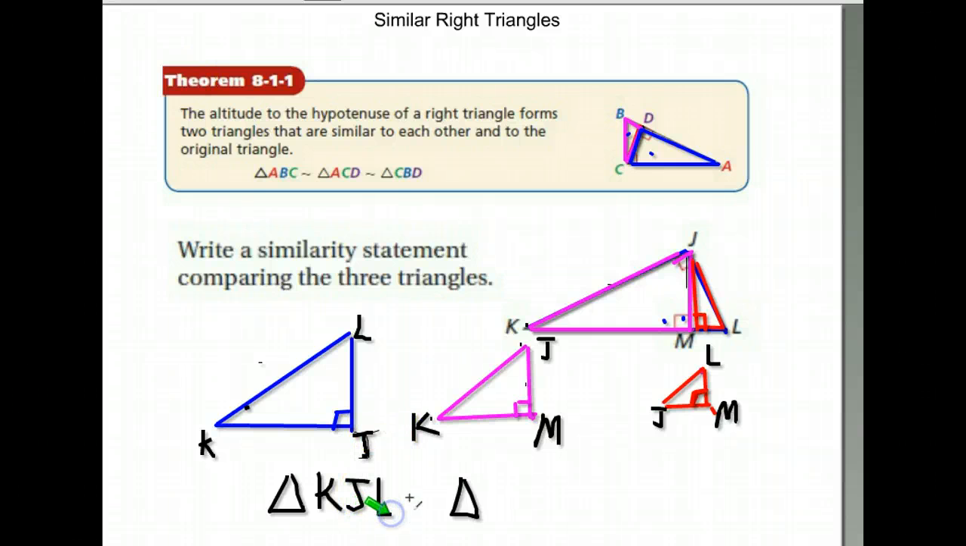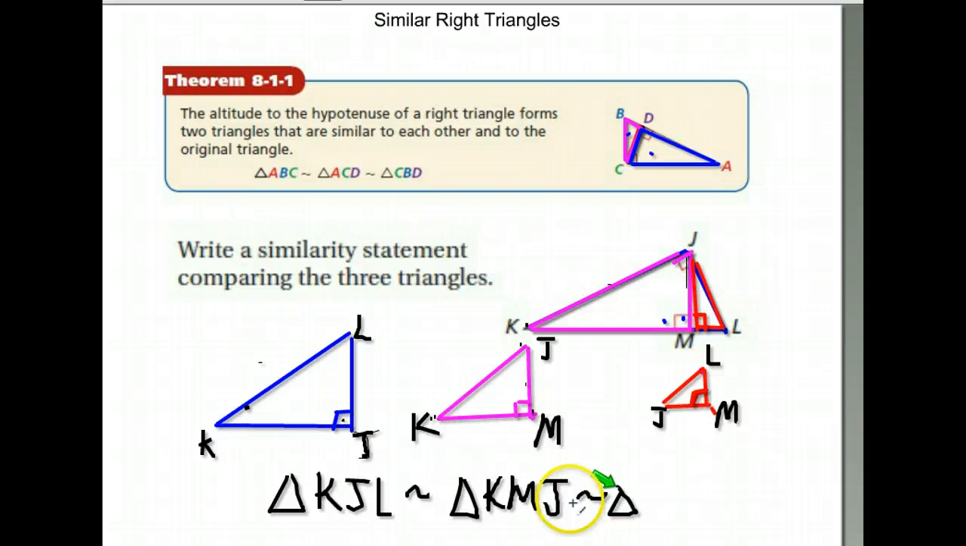Okay, when we do the second triangle, we have to name them in the right order. So we named this one K, then J, then L. When we come to this one, we want the parts to line up. So I'd have K, and then M, because that one matches up with my J. It's in the right, and then J. And it's weird because we're using all of the same letters, but since we're naming different triangles, they end up